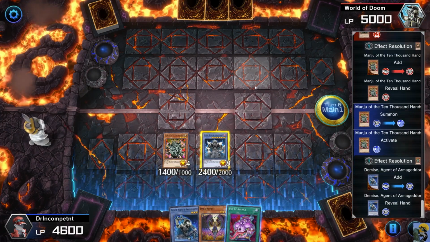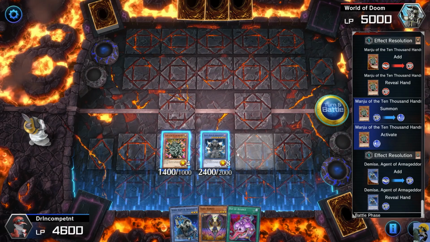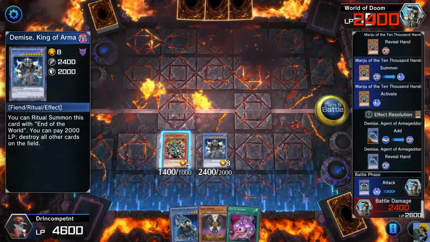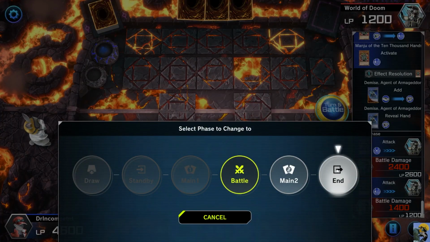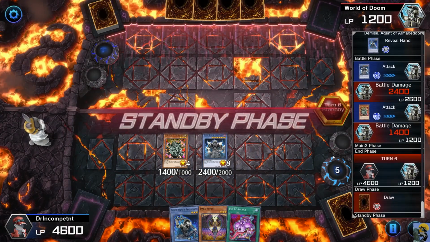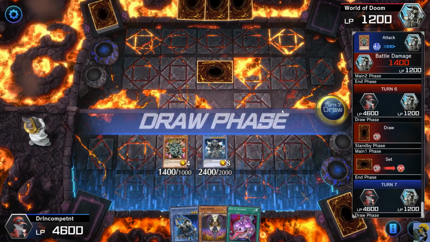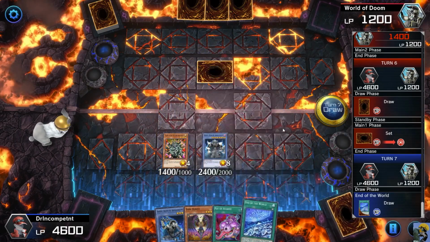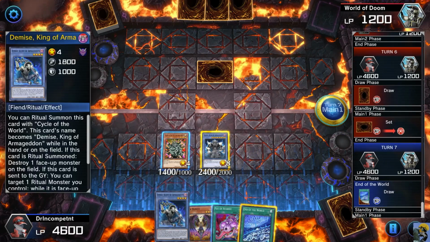Okay. And we're just going to battle. And I wish there was... Is there a button for, like, attack with everybody? Or do you... I guess you just have to do these attacks separately. Okay. So we're doing... We're almost there. I just misread Demise, King of Armageddon. I thought he destroyed just their cards, but that would be too powerful, right? Okay. Okay. So I think what I want to do is...